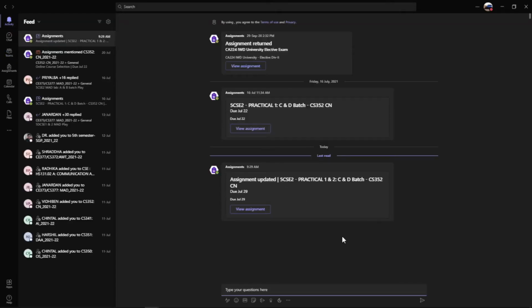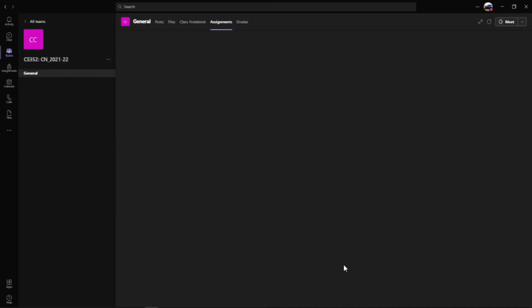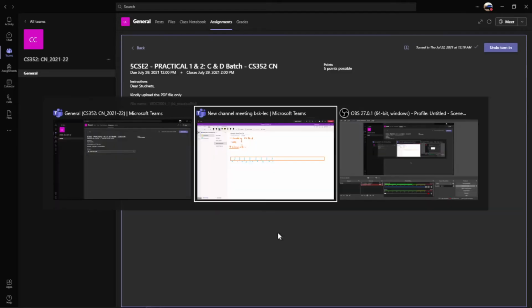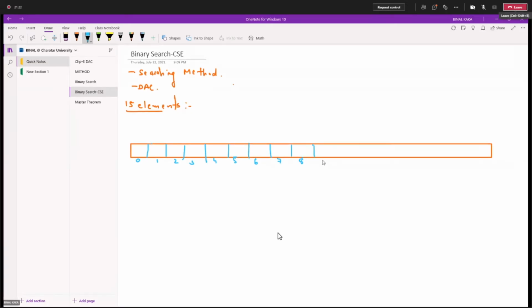I'm putting the index numbers first and then I'll put the data in. 0, 1, 2, 3, 4. Please note down all of this as I write, and you write along with me, so that it is easy for you.